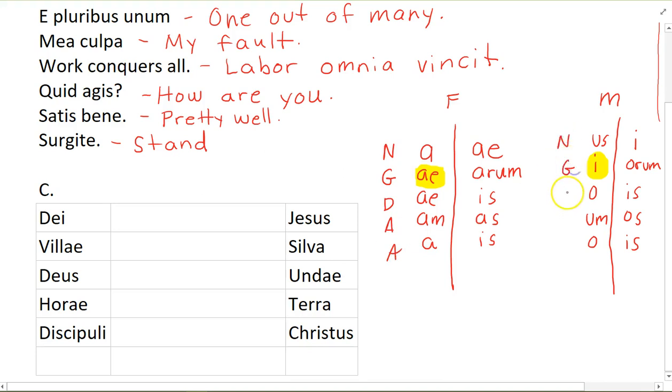Okay, so never give Dad any apples. Nominative, subject; genitive, possessive, of; dative, indirect object, to or for; accusative, direct object; ablative, in, by, with, or from, object of the preposition. But today, we are only working with the nominative case. So I'm going to highlight, we're only working with a and I, or us and e.